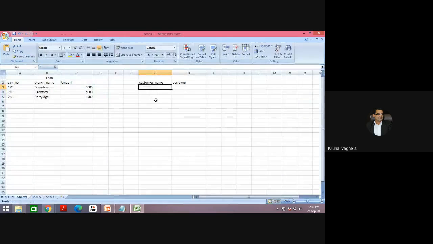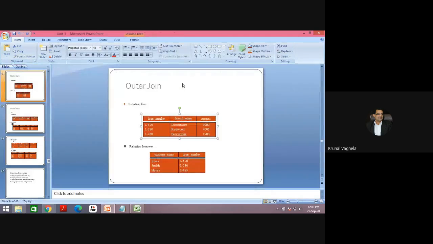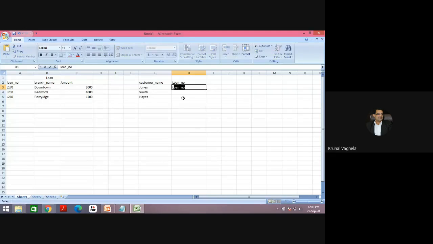Jones, Smith and Hayes, with loans L170, L230 and L155.